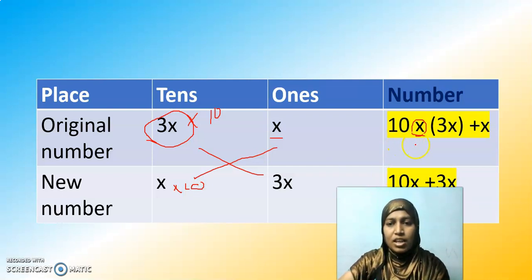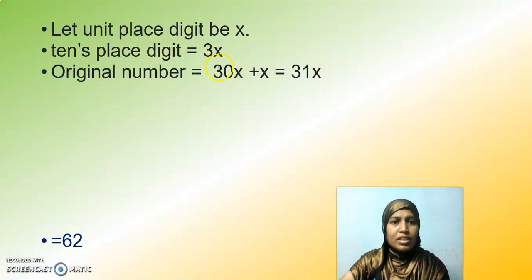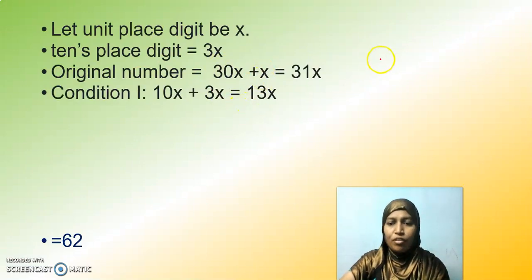Now what is the condition they have said? If I add that original number and this new number, if I add these two now, I get 88. Okay, now this is 10 3s are 30. I can write 30x plus x. 30x plus 1x is what? 31x. 10x plus 3x is what? This is 31x. And this is 13x. Okay, you can simplify here itself or in the equation. Both mean the same. See, these things you can write, or if you write the formula, write the table, it's necessary to write only the first line. Let the unit place digit be x.